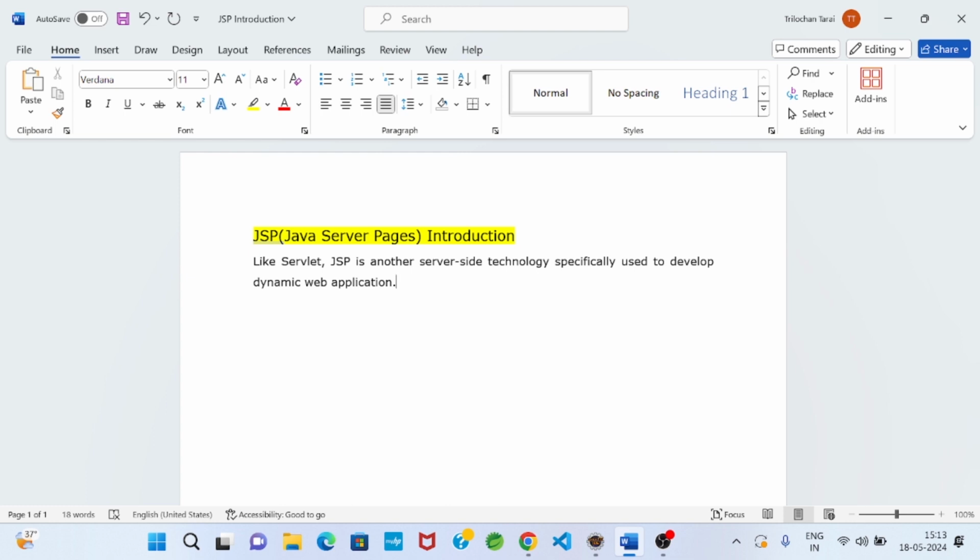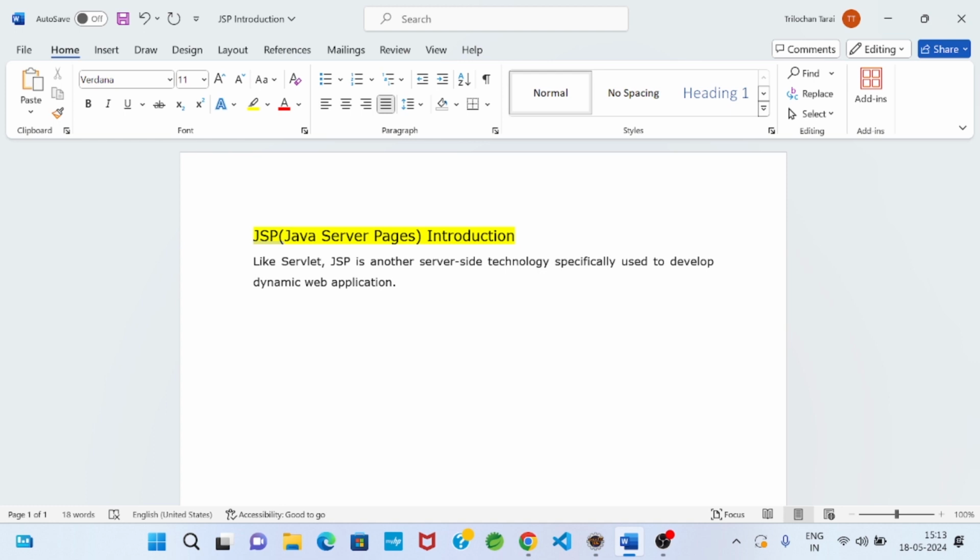Server-side technology means the server is responsible to execute the JSP application. We already know Apache Tomcat is our web server, and we have to configure it in our Eclipse environment. This part we have already done. Okay, then